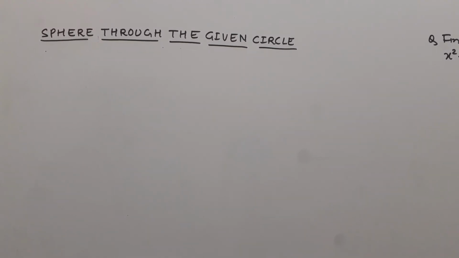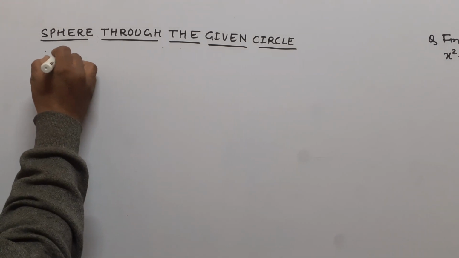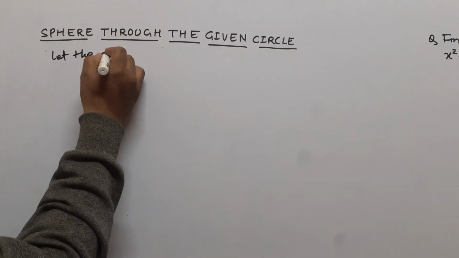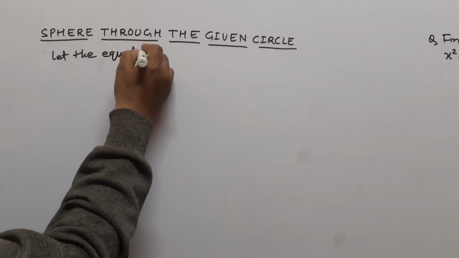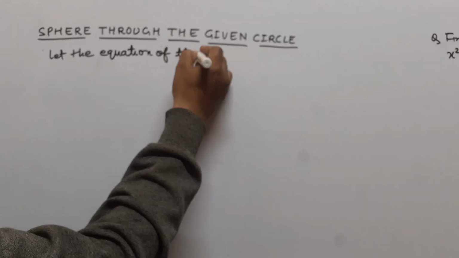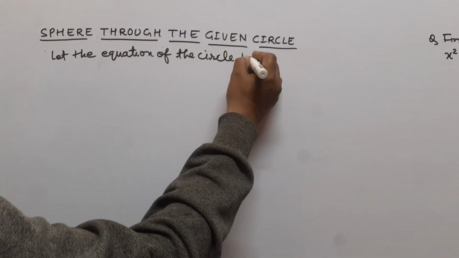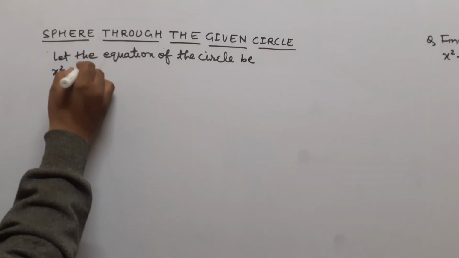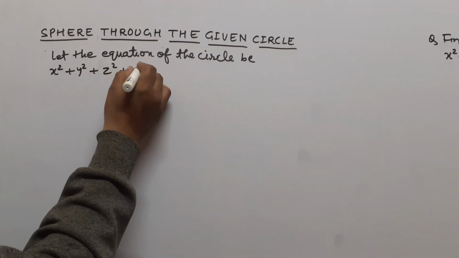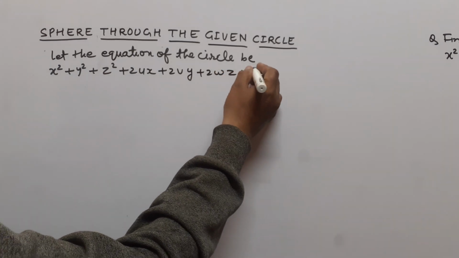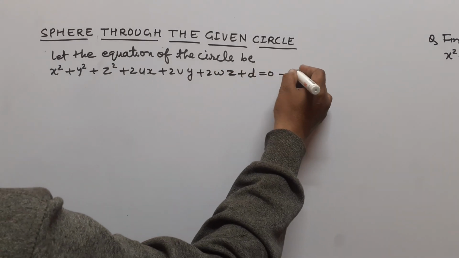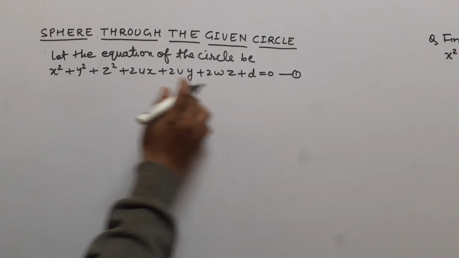Circle, we find a sphere through the given circle. Let the equation of the circle be x square plus y square plus z square plus 2ux plus 2vy plus 2wz plus d is equal to 0. This is the general equation of a sphere,